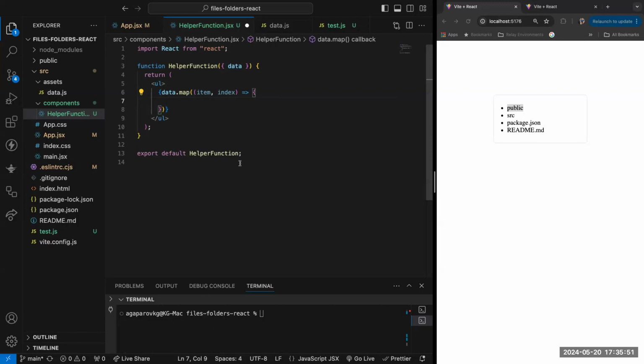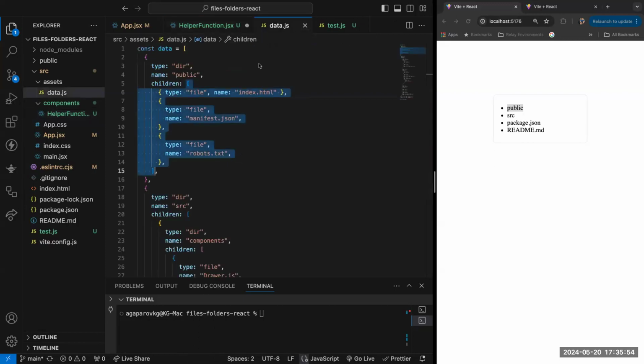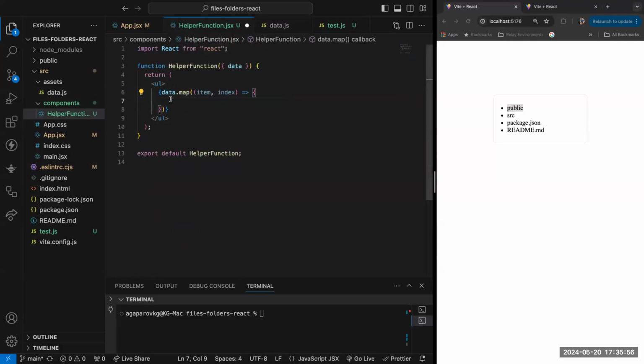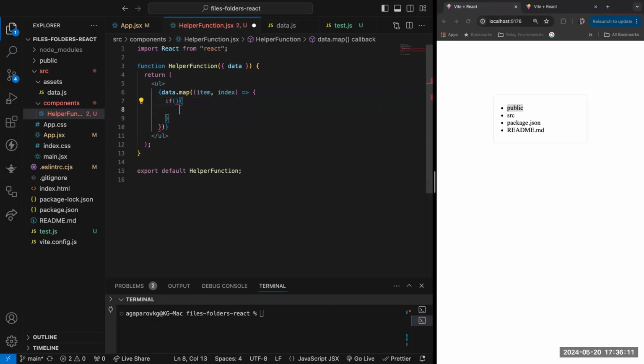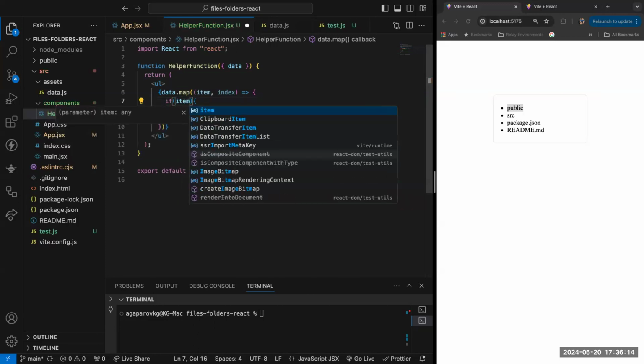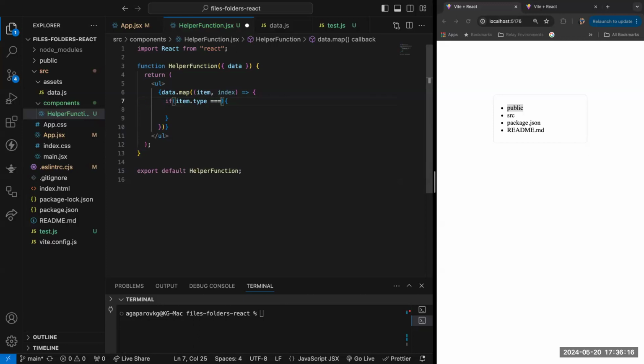So now data.map. Initially, data is the whole thing, this array. So we're checking now. Inside my map, as you guys know, before my return, I can run an if statement. Also, I can return something inside my if else statement too. So right here, if item.type is equal to file, and we can return